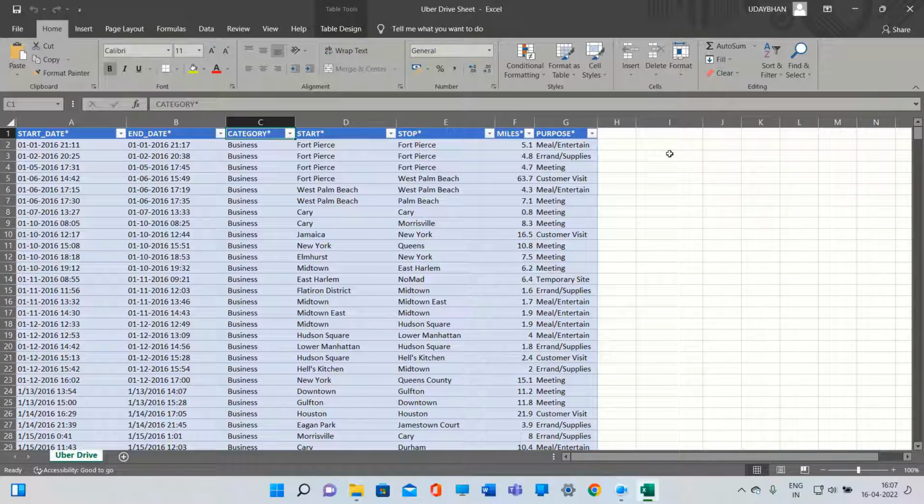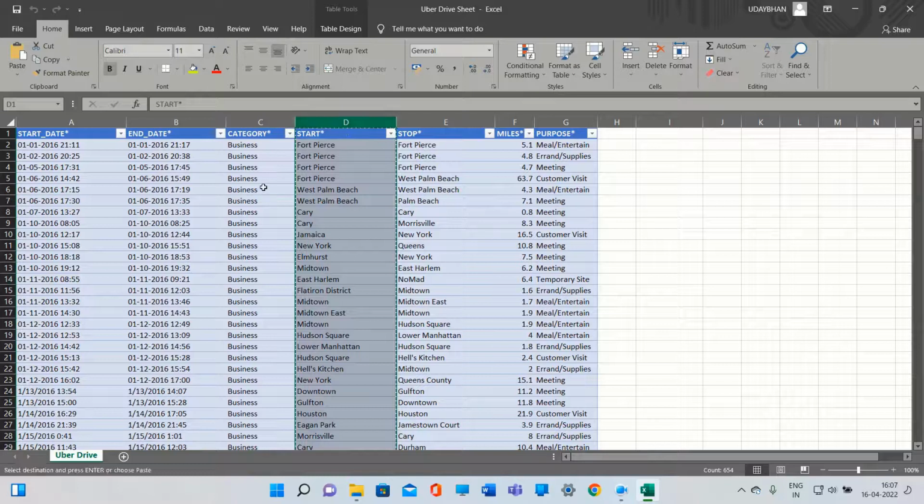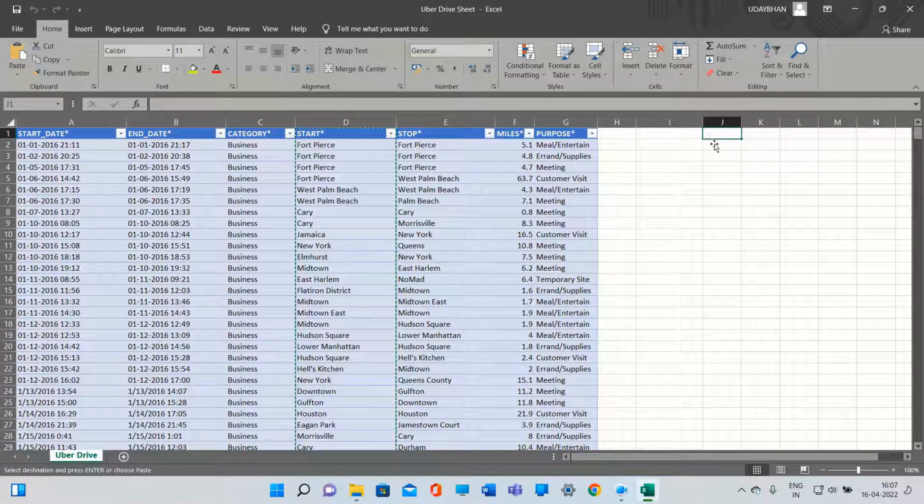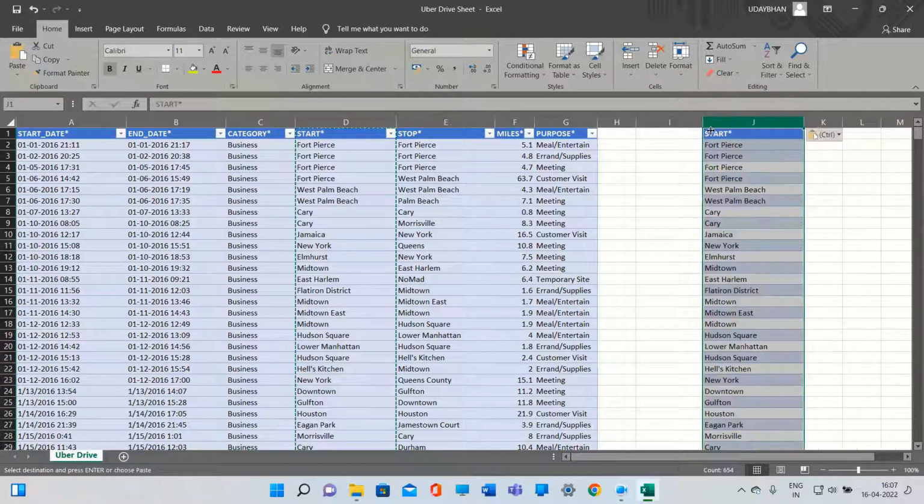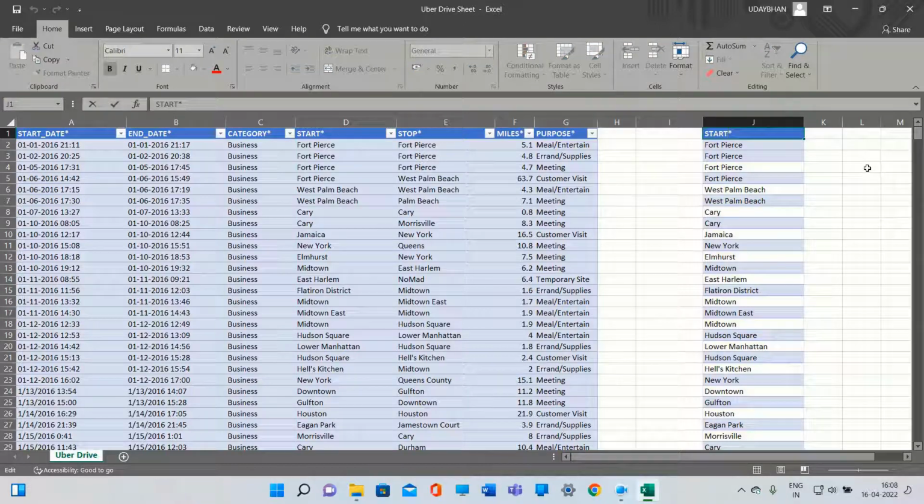For that, we can copy all the start destinations, meaning all the values of column D, and place them here. So I have copied all the start destination values in column J. Let's change the column name. I will call it unique start.